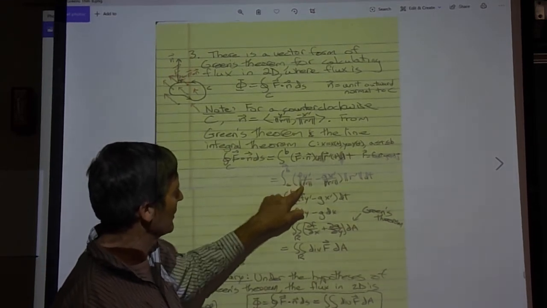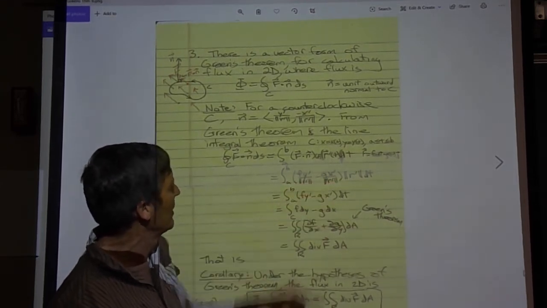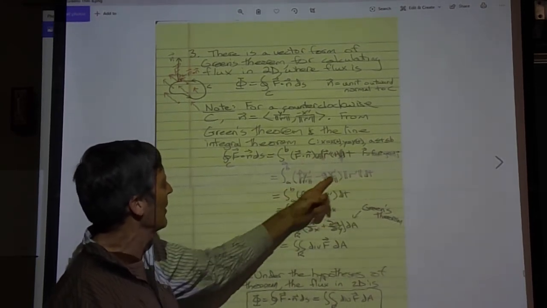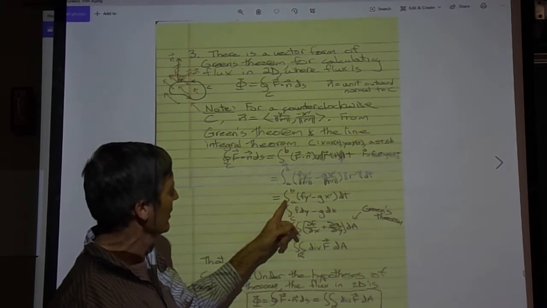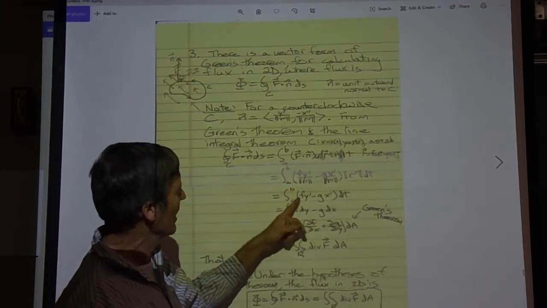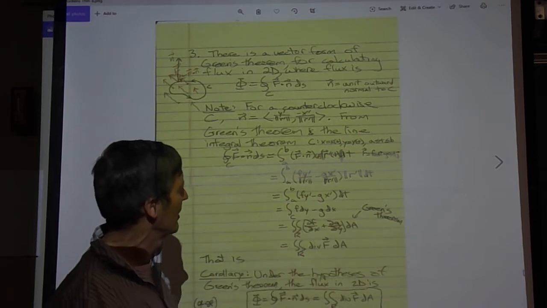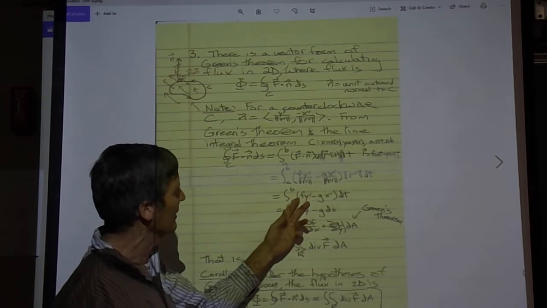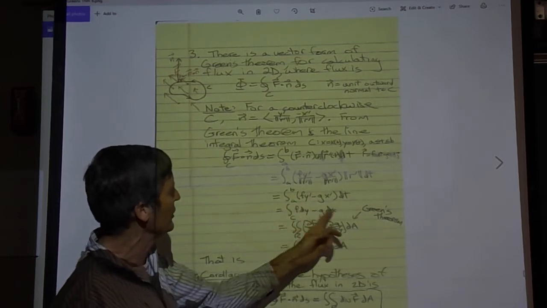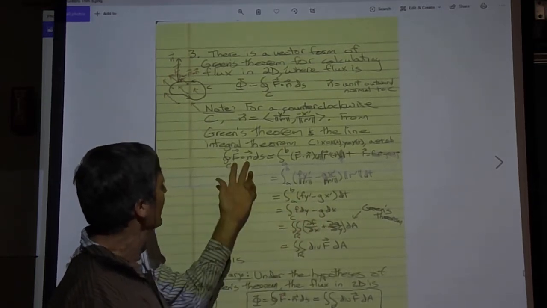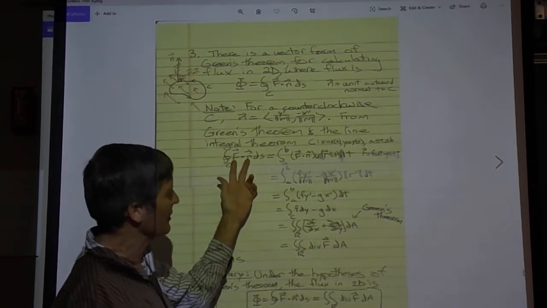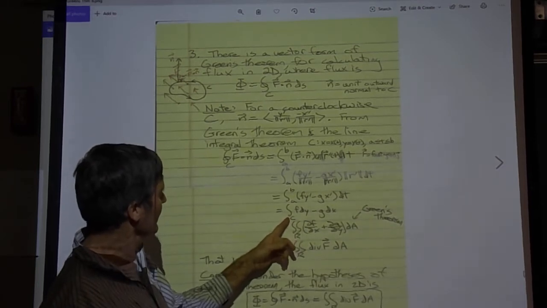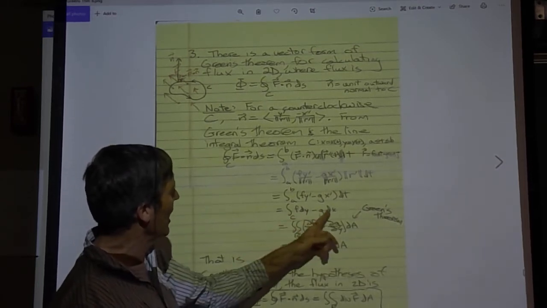is f y prime over the length of r prime minus g x prime over the length of r prime, and then times the length of r prime dt. These r prime lengths cancel, and you just get the integral over the values of the parameter of f y prime minus g x prime. Well, this, if you recall by our theorem going backwards for evaluating line integrals, is f dy minus g dx. So the flux going through this curve here is f dy minus g dx,